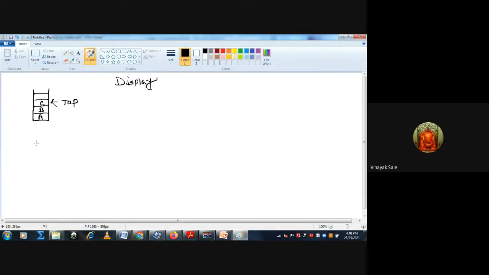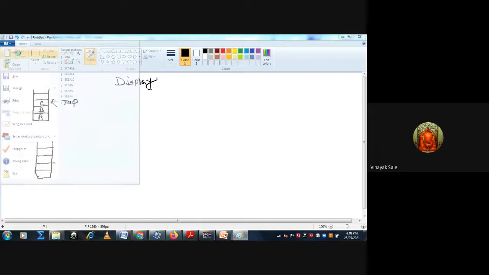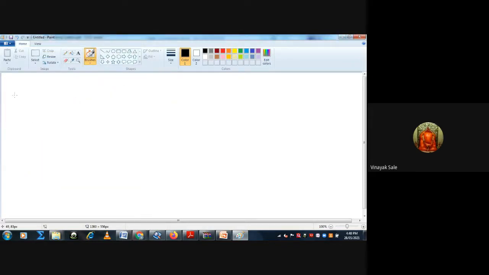Suppose, before this, this is your stack, and here top is equal to -1, and you want to display the elements from this stack. So before displaying, you should know whether the elements are present in the stack or not.